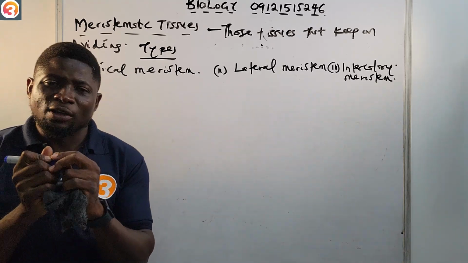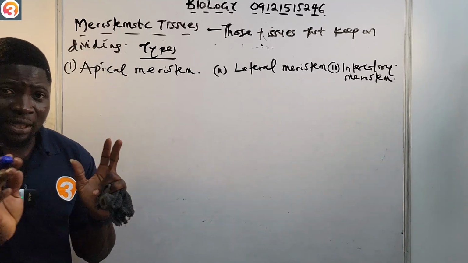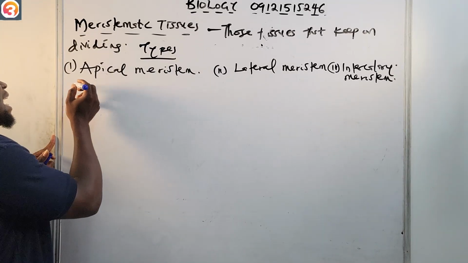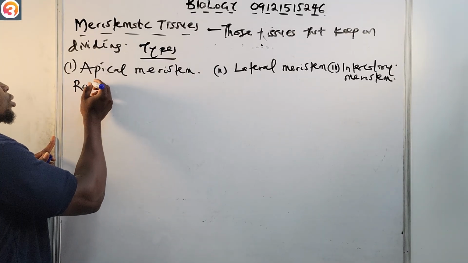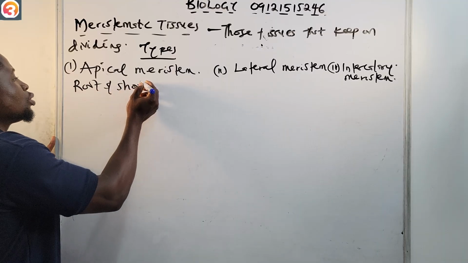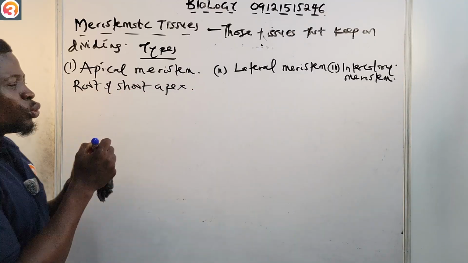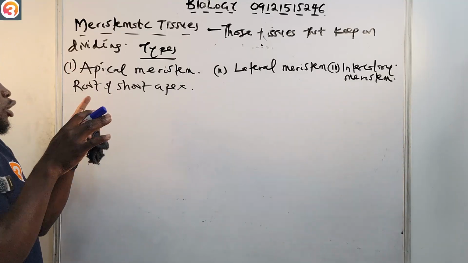So now let us begin with apical meristem. Where is apical meristem located? It is located at the roots and shoot apex. It is found at the shoot and root apex, at the tips of roots and